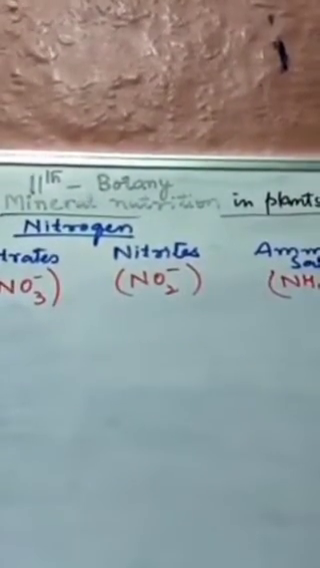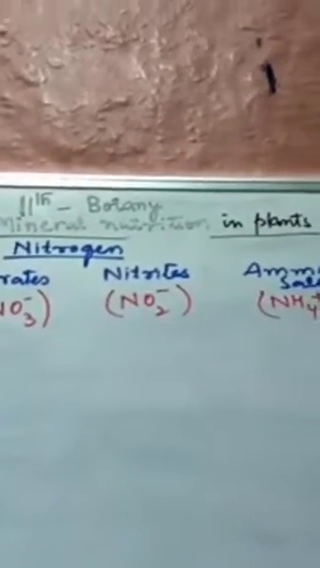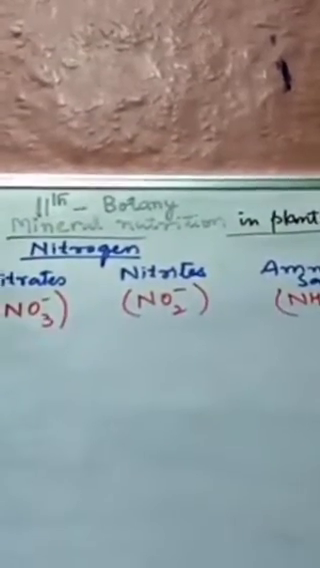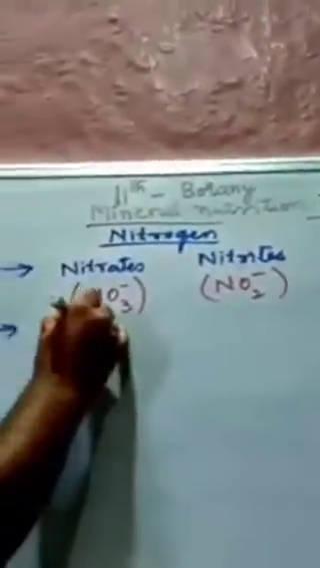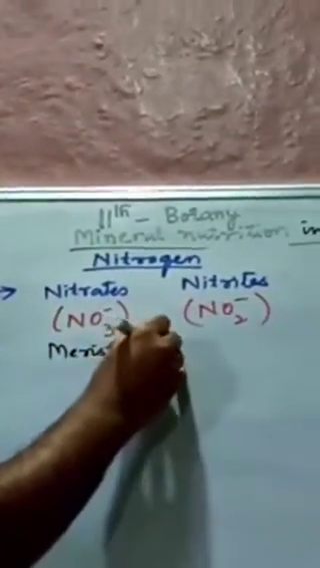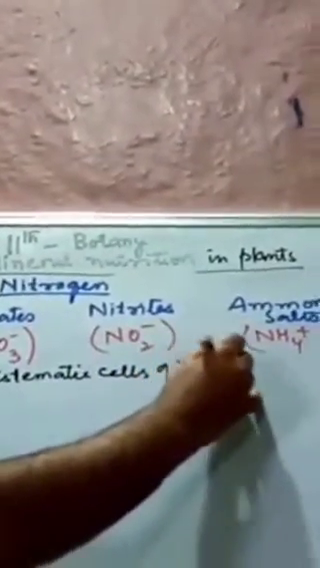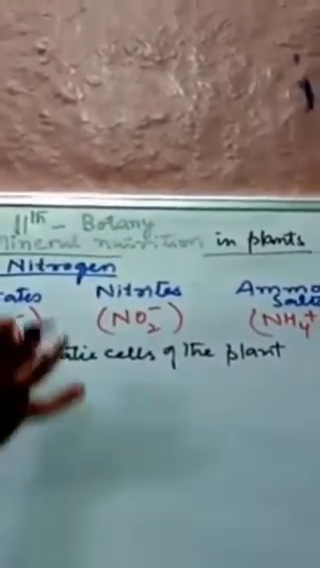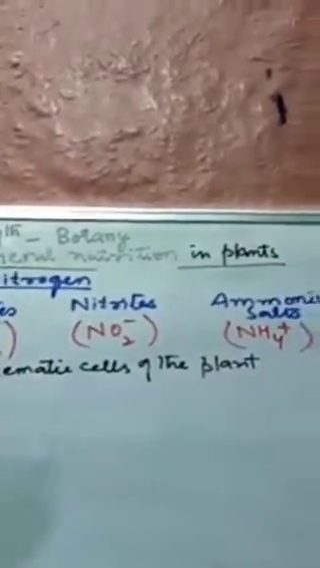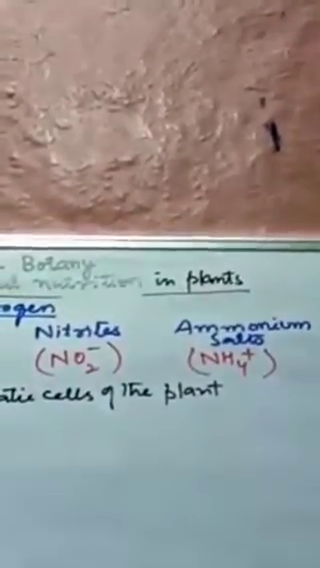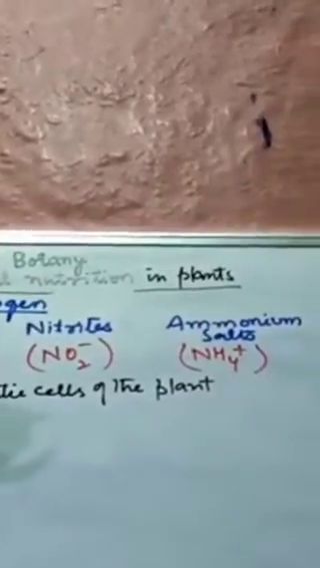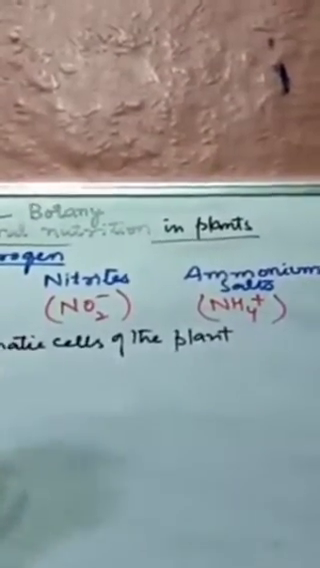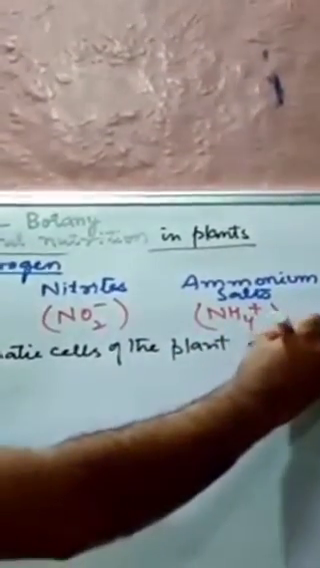Now, where they are required. This nitrogen is mainly required in all the meristematic cells of the plant. Meristematic cells, which you already know, are those cells which are always in the state of division. They remain in the state of division. So this nitrogen is required in all the meristematic cells of the plant, and in those cells